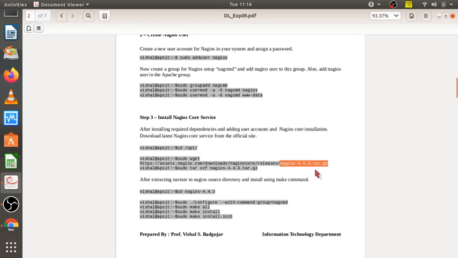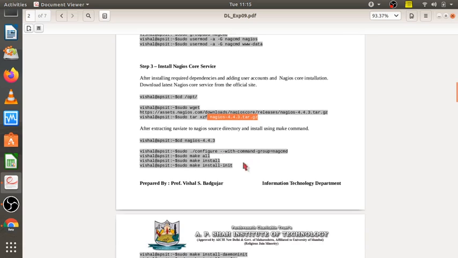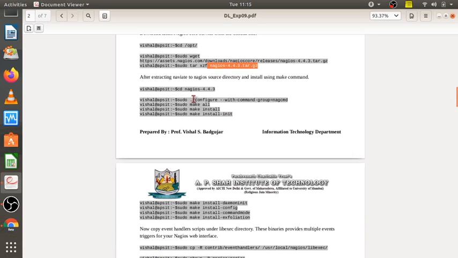So this tar.gz is nothing but the compressed file, so we need to uncompress it using a terminal, by using the command sudo tar xzf and that particular tool's name, right? And after extraction, the folder will be created in your system, and we just need to move into this nagios-4.4.3 folder, and after that you need to use the configure command to configure this particular daemon